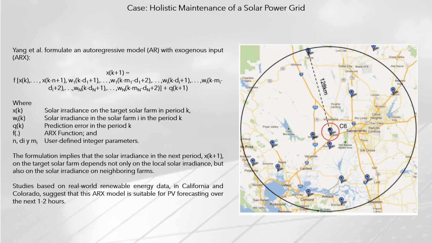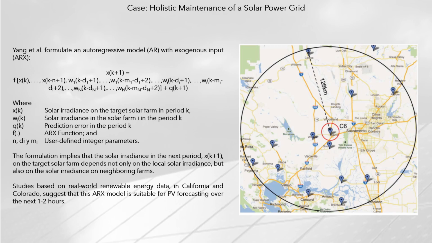Formulate an autoregressive model with exogenous input, ARX, where xk is the solar irradiance on the target solar farm in period k, yk is the solar irradiance in solar farm i in period k, qk is the prediction error in period k, F is the ARX function, and n and m are user-defined integer parameters. The formulation implies that the solar irradiance in the next period, xk+1, on the target solar farm depends